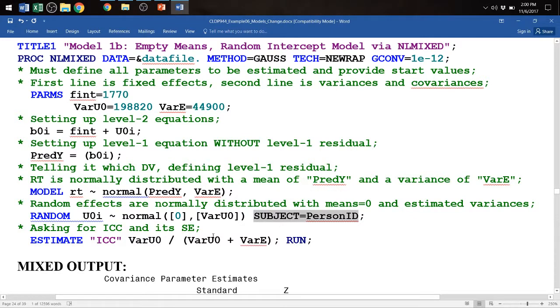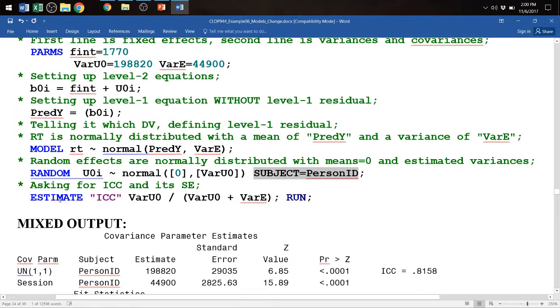I have an example of an estimate statement here. Because estimate statements can do more stuff in NL mixed than they can in mixed, note that I'm asking it to compute an intraclass correlation for me as a ratio of the estimated variance components. Proc mixed does not allow you to refer to variances in estimate statements, but NL mixed does. So this is a very handy feature if you're doing anything in which you need to get linear combinations of variances. For instance, I've been working on some analyses with Mabel Rice about